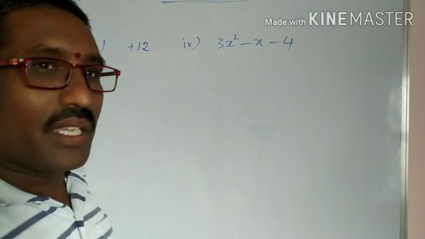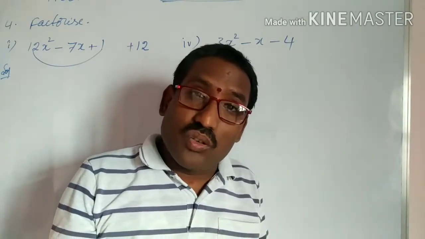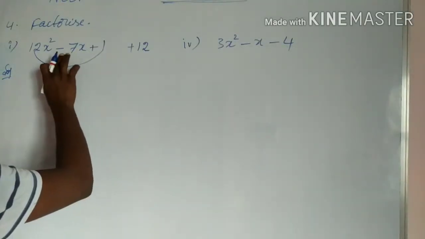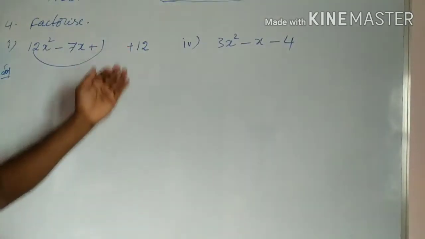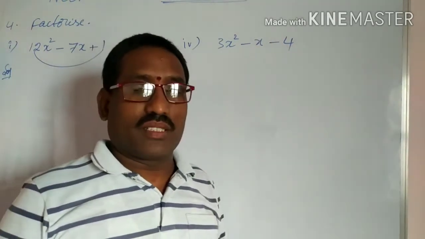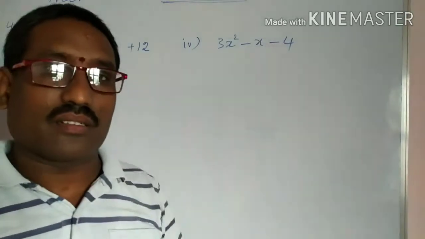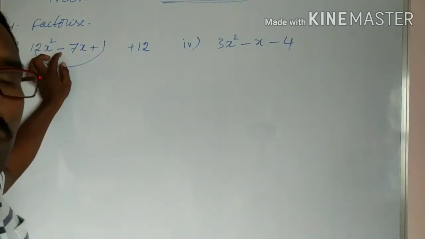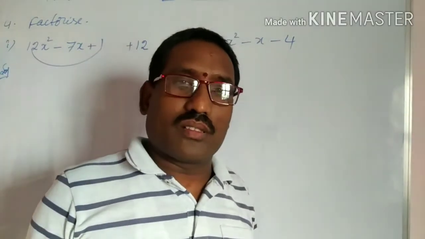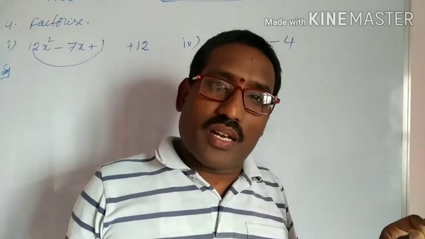this product positive means the sum of two factors is equal to the middle term. Middle term, what is that here? Minus 7. Here the product is positive, so first find all the factors of 12. Their sum should be minus 7. But the symbol: here the middle term is minus, so both the terms are negative. If the middle term is positive, both the terms are positive.